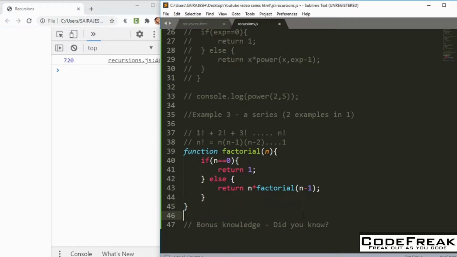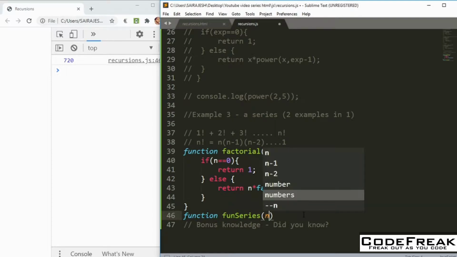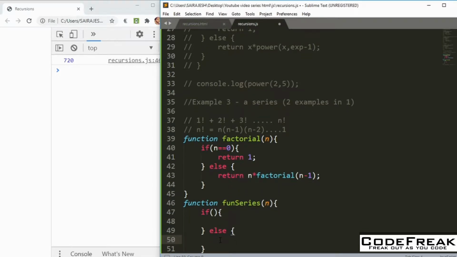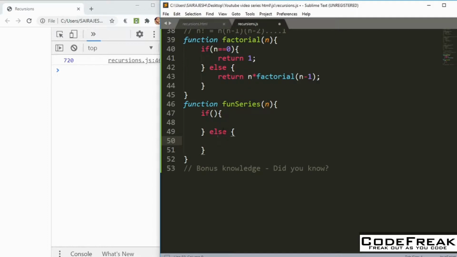So this is a series function which we want to make, fun series. So let me create a function called funSeries. You should keep a capital S here, that's the notation. We'll talk about that also soon. So you can just have n here, doesn't matter anyway. Any variable, you can reuse the variables also. So we don't know the end condition, so you can just leave it that way. All right, then maybe as we are going along we can actually think of what the end condition can be. Okay, so that is something which you can always do.